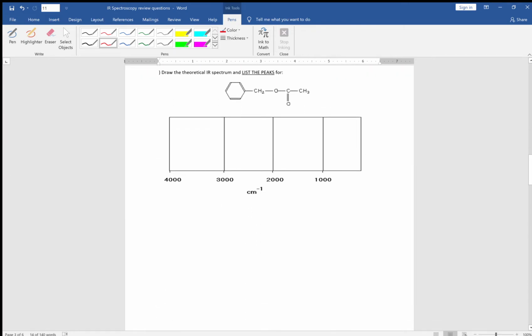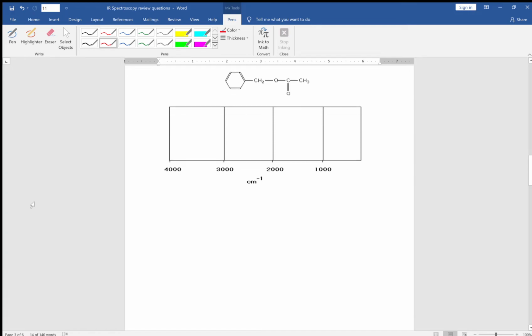Draw the theoretical IR spectrum. We have to look at this compound and identify the structural features. First of all, it is an ester. It is unsaturated. It has a carbonyl. It has an ether. It has carbon-carbon double bonds and carbon-carbon single bonds. A list